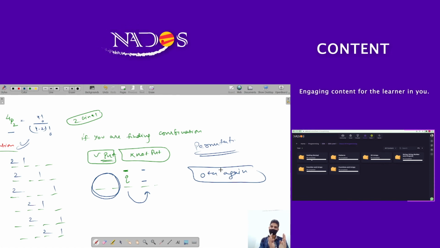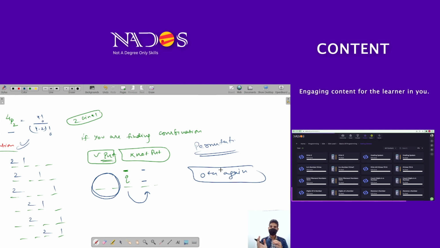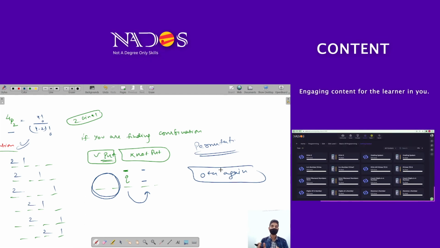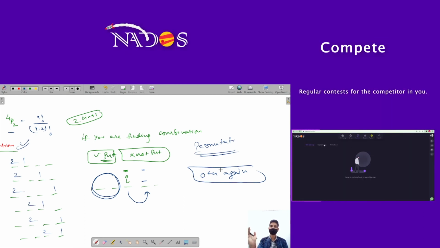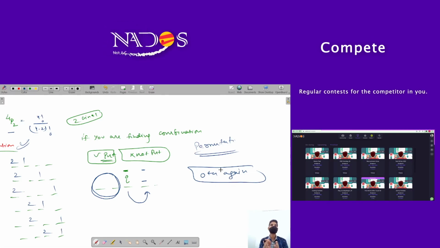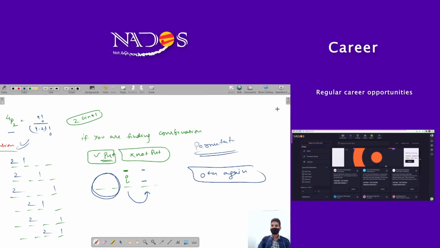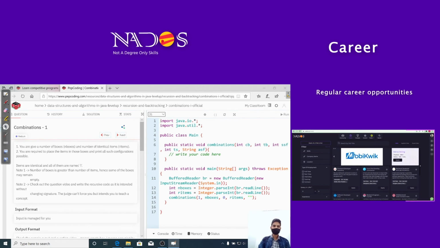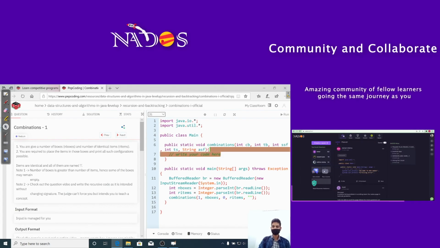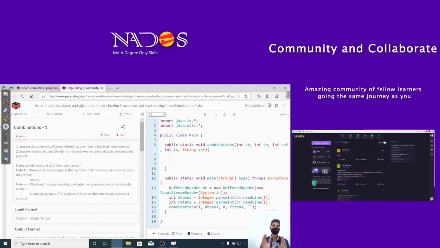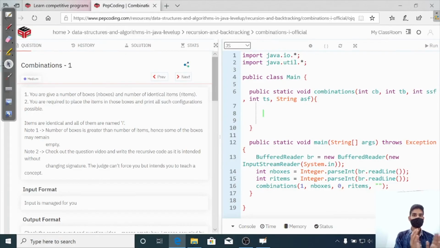In technical terms, let's say your index value is 4. Now in combination, you will pass index plus 1 to our recursion function. And in permutation, if index value is 4, while calling the recursion, you will pass index value as 0, so that it can start from the beginning again. Understood? So these are the basic differences. Now let's move to our code. Basically, this is very easy. There are 2 to 4 lines of code, but our main focus is on building our logic, to not get confused between permutation and combination.